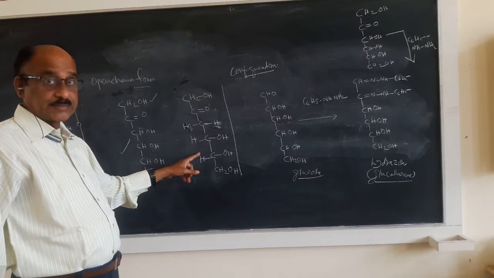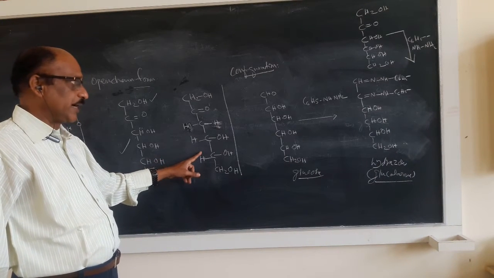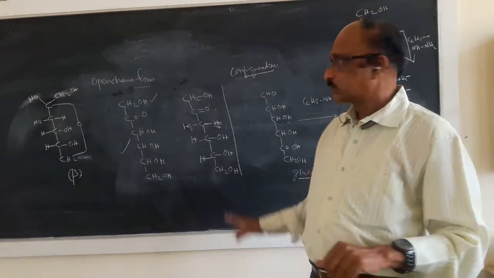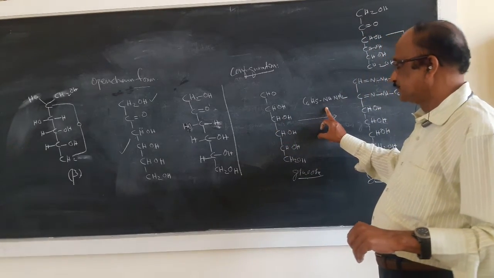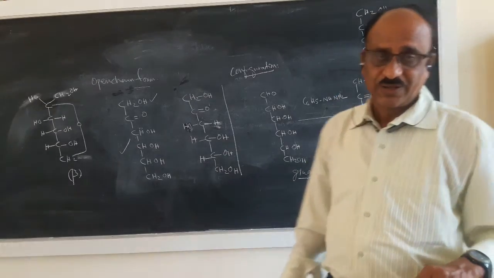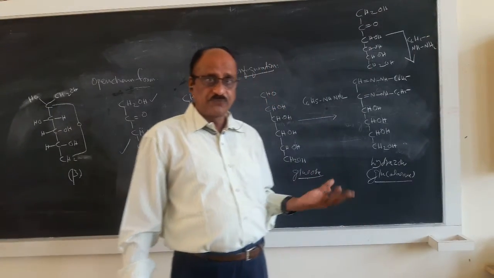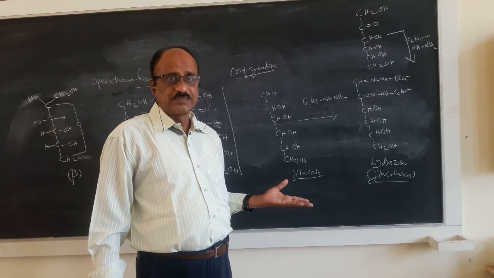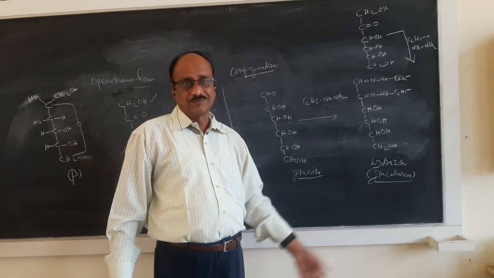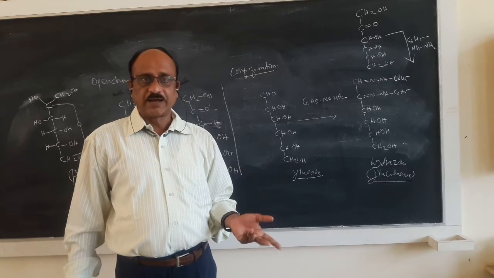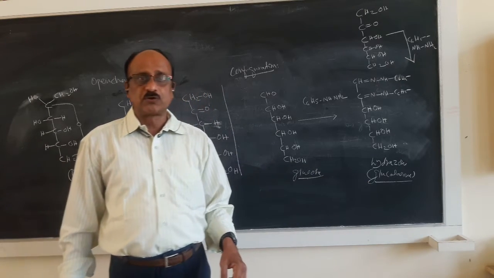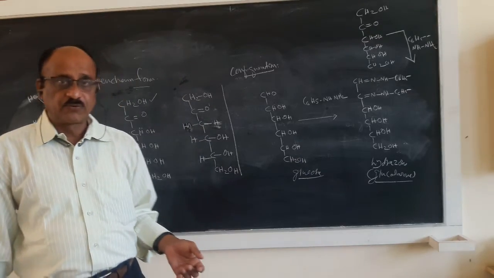How could I write this structure? I could write this structure from a reaction: the reaction of glucose with phenylhydrazine, or otherwise the reaction of fructose with phenylhydrazine. The reaction of glucose with phenylhydrazine I explained in the previous class, and you get a glucosazone. 3 molecules of phenylhydrazine are involved, and the third molecule reacts, and you ultimately get glucosazone in the case of the open chain structure of glucose.